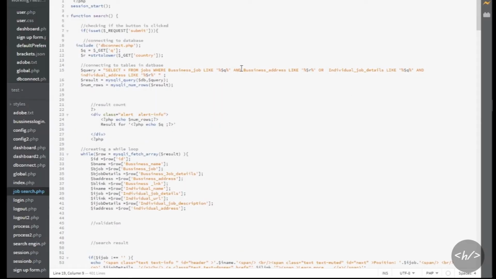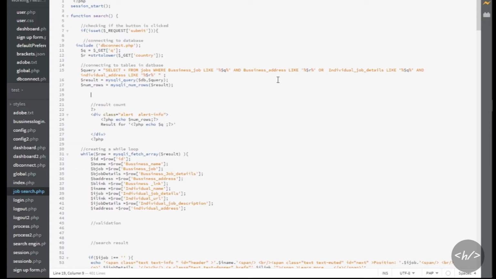And the AND statement means that it looks for the value in the business job and the value in the address. So the value you put must correspond in the business job, and it must also correspond in the address. So let's say the value is in the business job and is not in the address, it's going to give you no result.